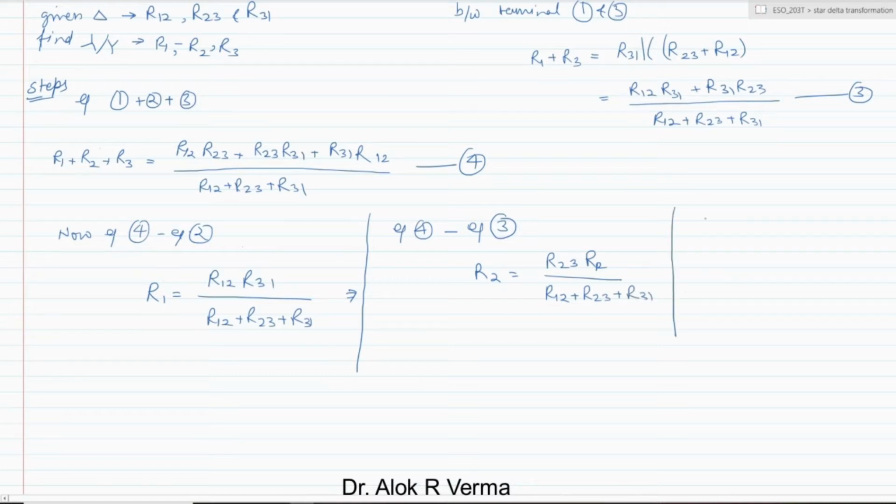And if we do equation 4 minus equation 1, then we get R3 as R23 R31 divided by R12 plus R23 plus R31. So what we got here, we got all the terms of star, R1, R2, R3, in terms of R12, R23, R31, which is delta terms. Okay, so now consider